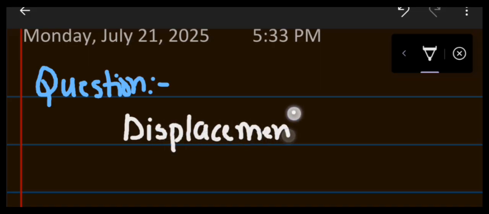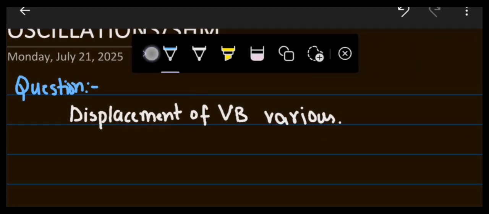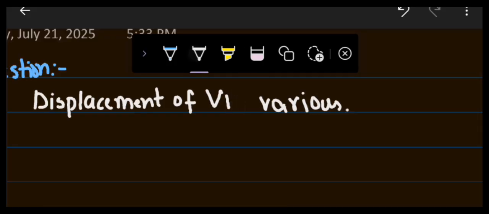My first question comes in many past papers, so that's why I'm going to ask you. The question is: displacement of vibratory motion varies how? जो डिस्प्लेसमेंट होता है ना वाइब्रेटरी मोशन का वो कैसे वेरी करता है. How does it vary? So the answer of this question is,